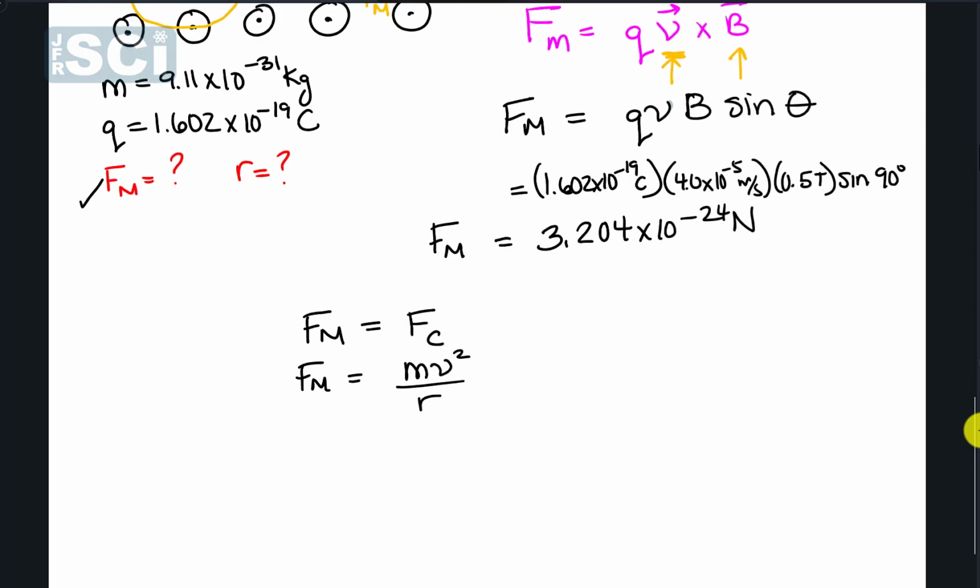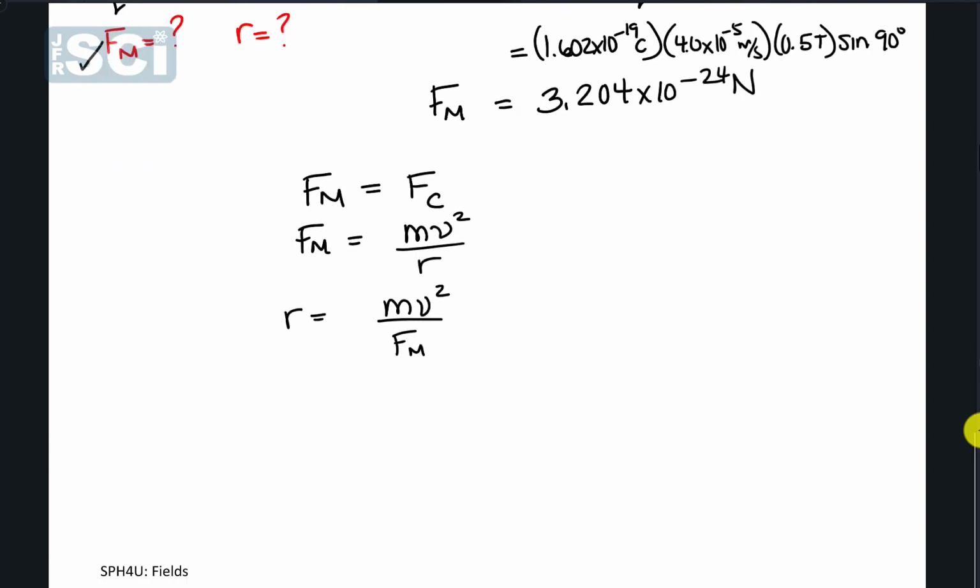We know what Fm is, so that's good. Let's rearrange for r. You get r is equal to mv squared divided by Fm, the magnetic force. And let's put in our numbers. So if we put in our numbers, the mass of our positron is 9.11 times 10 to the negative 31